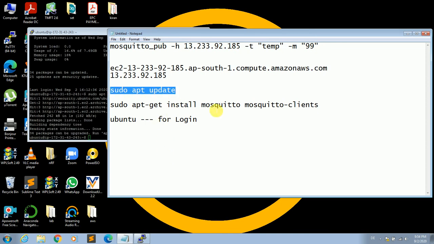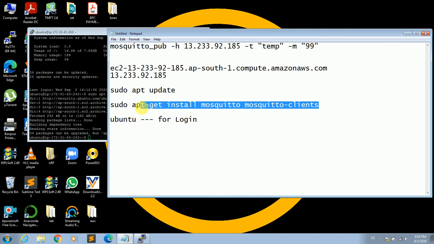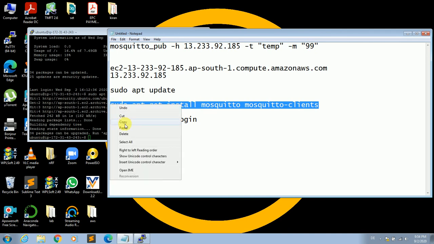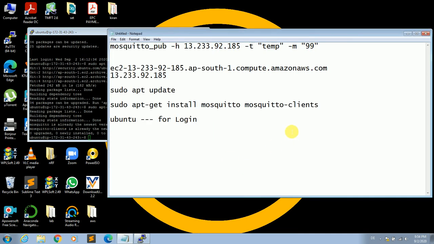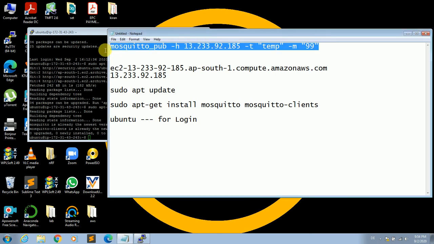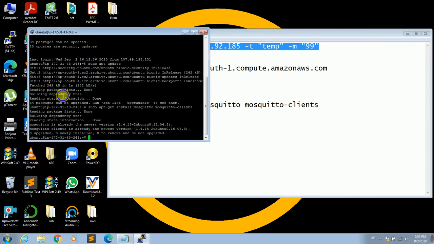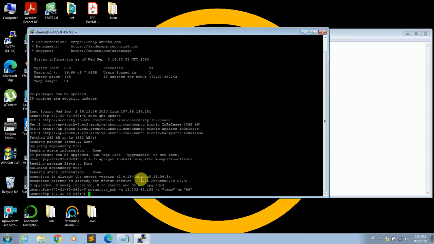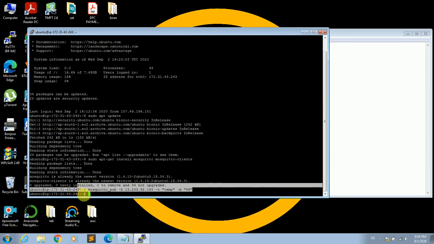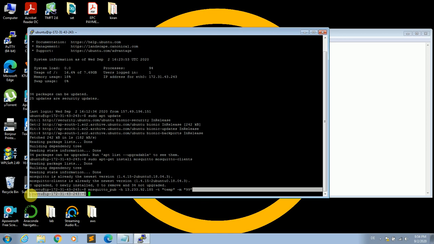The next thing is we have to install the Mosquitto broker. So copy this, paste it in your terminal, click on enter. Once it is done, you're all set to go. What I do is minimize, and I'll test whether Mosquitto is working. So I will copy this, put it on my terminal. We could see there is no response from the terminal, right? The last line after that is just the terminal command. So there is no response from the server, which means it is working.